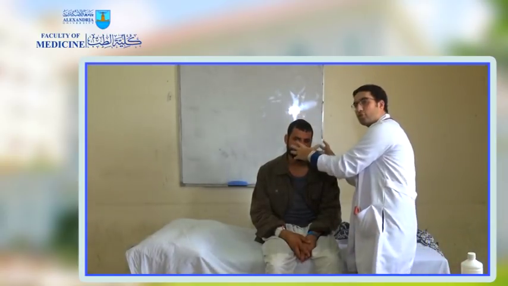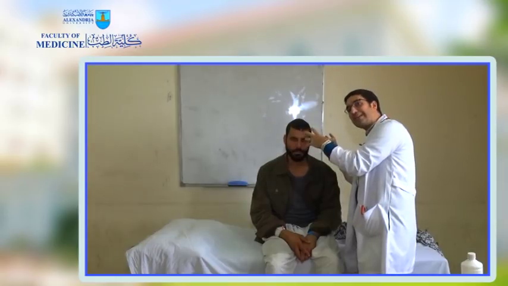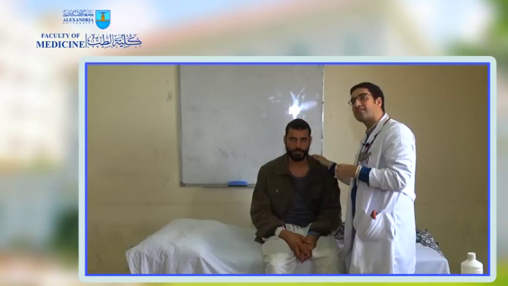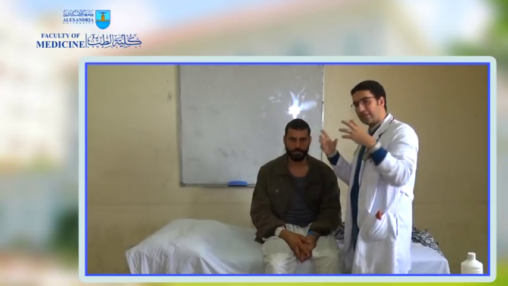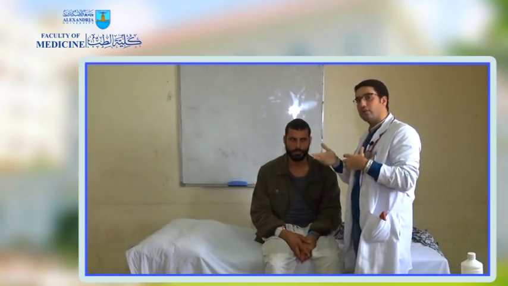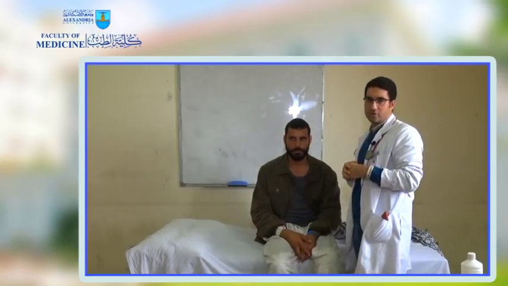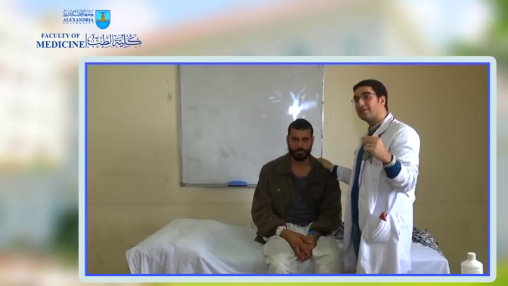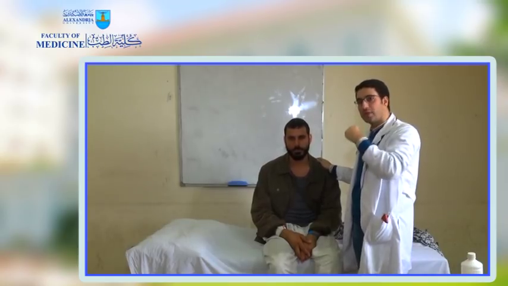After doing the circular group of lymph glands, we shall not be missing the internal or the deep circular group of lymph glands, which lie in the Waldeyer ring, which is a collection of tonsils: lingual, palatine, and pharyngeal tonsils. Here we ask the patient to open his mouth, using a tongue depressor and a torch to inspect this Waldeyer